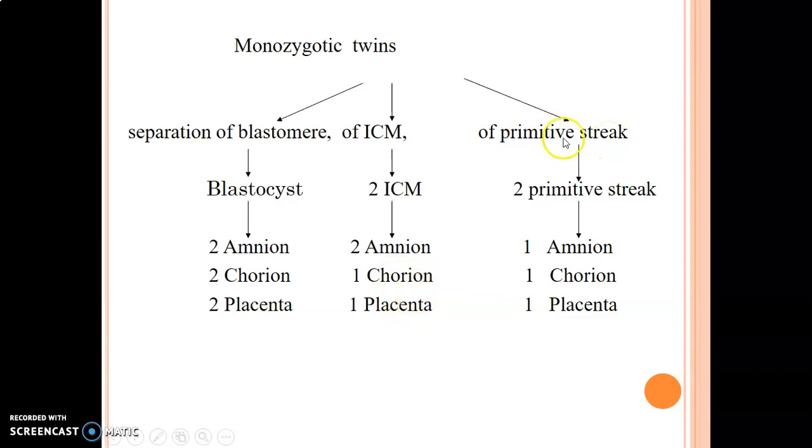Then later at the gastrulation level, this is way later. This is the early stage of separation. You get two. Then later on, they only share the amnion, and everybody gets a different amnion, but they share chorion and placenta. But if you do later separation, each twin will have the two twins